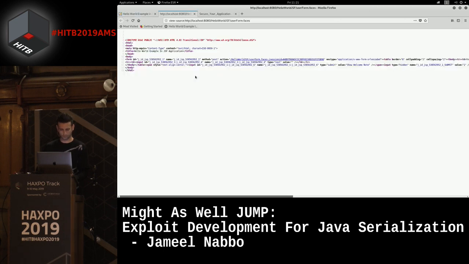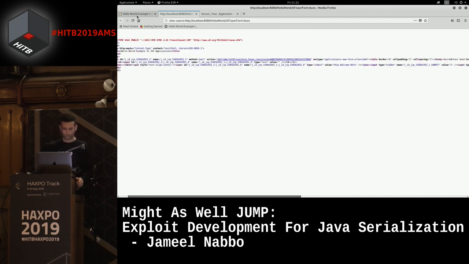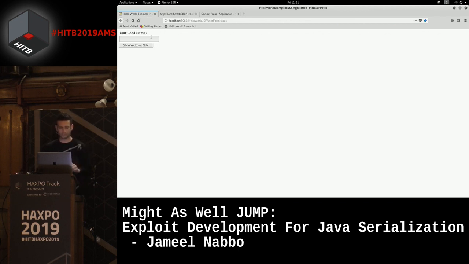Looking at the source code, we have these IDs, which is, yeah, JSF uses hidden fields, and then it uses the view state, and the view state, which saves the current view state, is all encrypted. All right. No access, XSS, nothing, injection, nothing. So basically, if I type something,